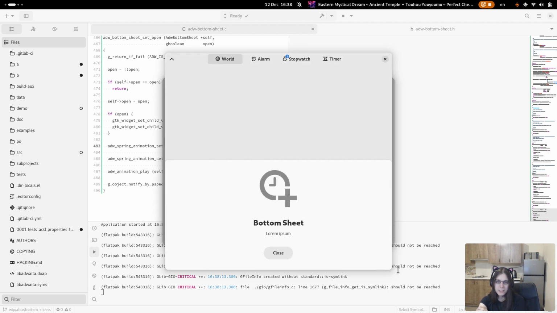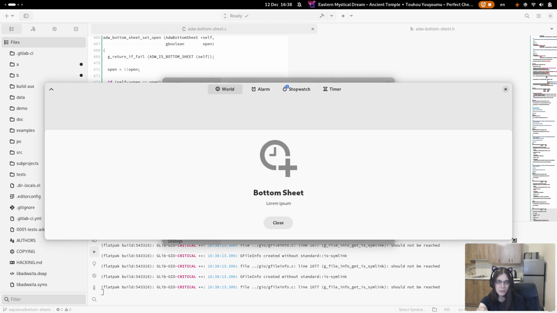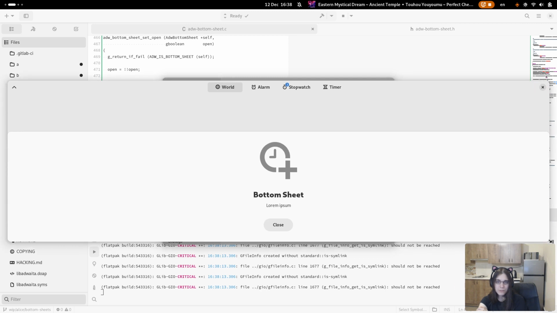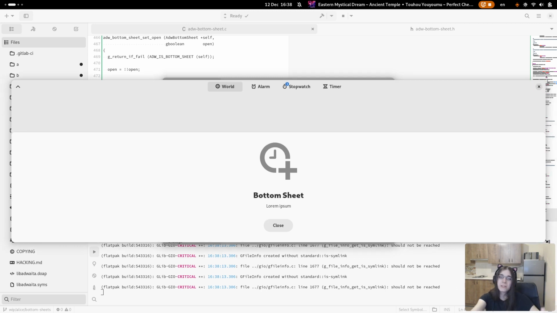Okay, the next thing I was wondering about is if they should be able to be just centered or aligned to left or right instead of always being full width. Because, well, both iOS and Android do allow that.